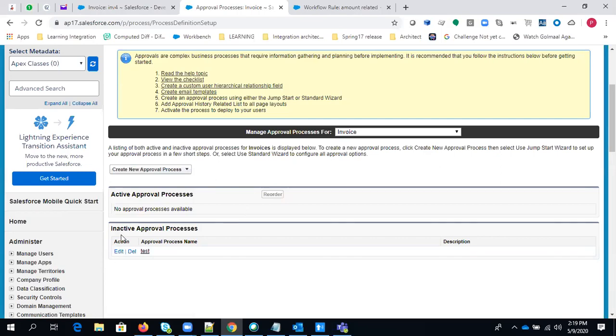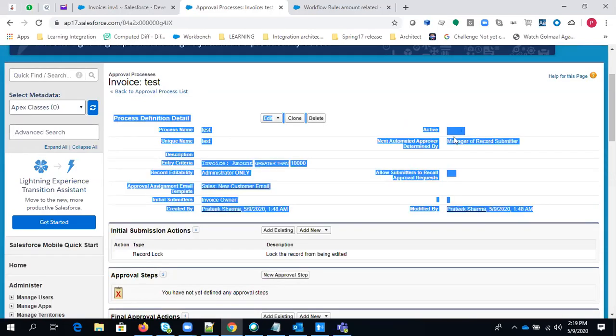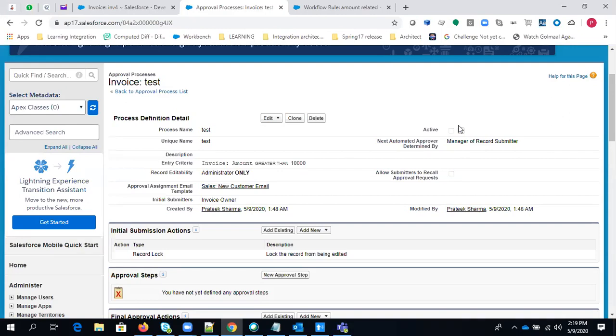Here you can see we have an inactive approval process called test. We have given the name as test. It is not an active approval process because we have not yet activated it, right? So right now you can simply click here and you will get all the information related to this. As the active checkbox is unchecked, it means that this particular approval process is not yet active. You can see the entry criteria, invoice amount greater than 10,000, and you can see here the record editability, administrator